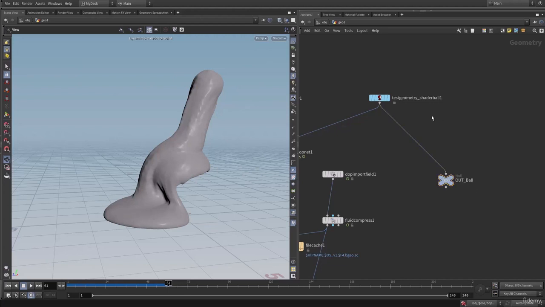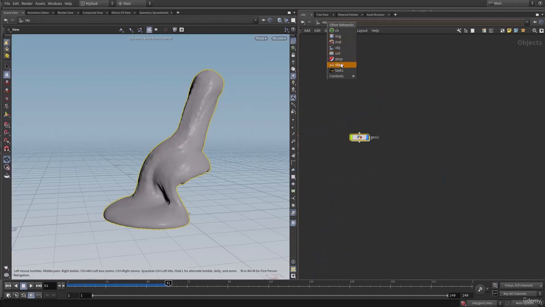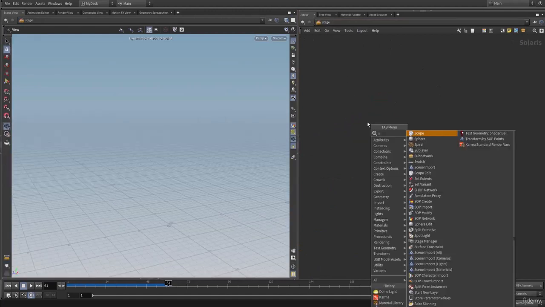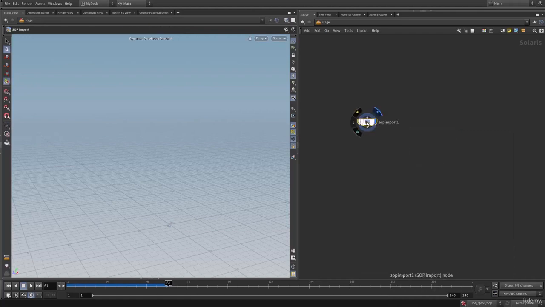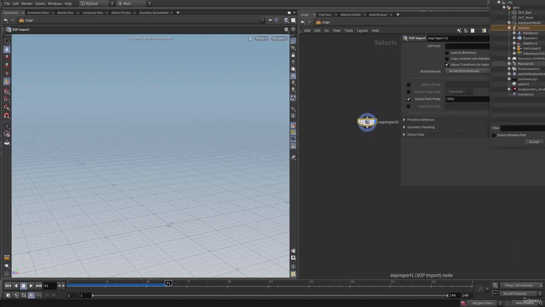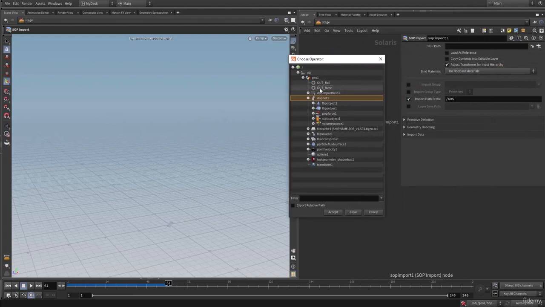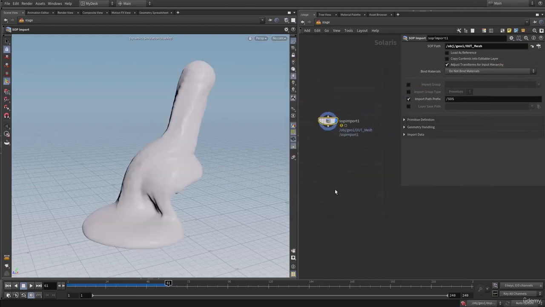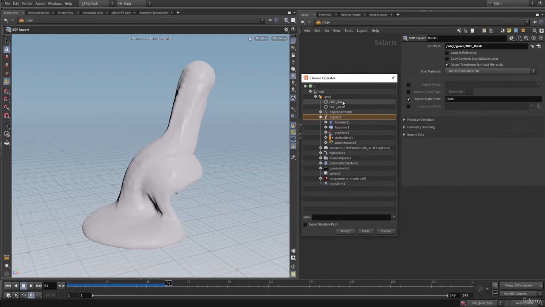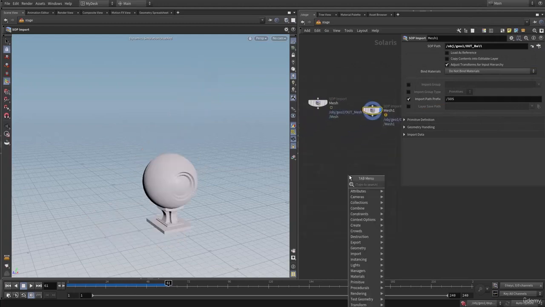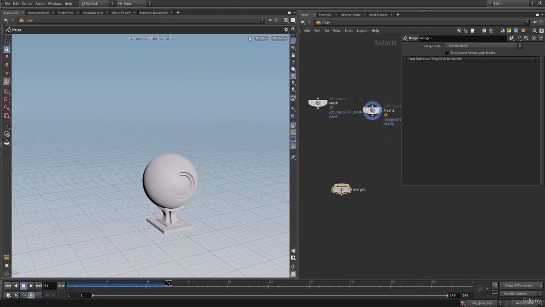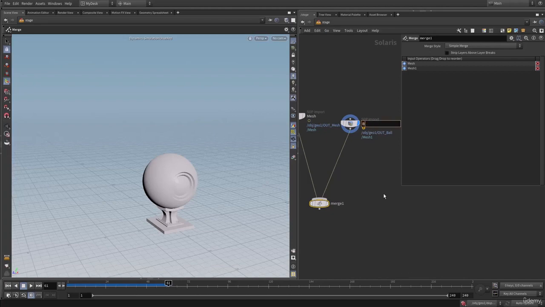Okay, and now let's go into the stage context, and in here let's add a sop import node, and from here let's select our mesh null. So here we have the out mesh, so let's select that and let's call this one mesh, and let's duplicate this sop import node, and in here let's select our out ball to import our shader ball, and let's add a merge in here. Let's merge this, and also let's rename this to ball,